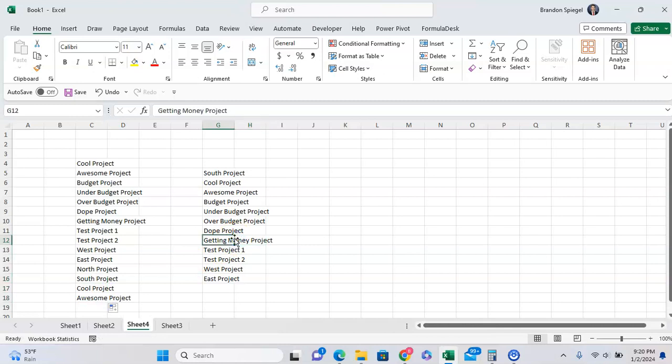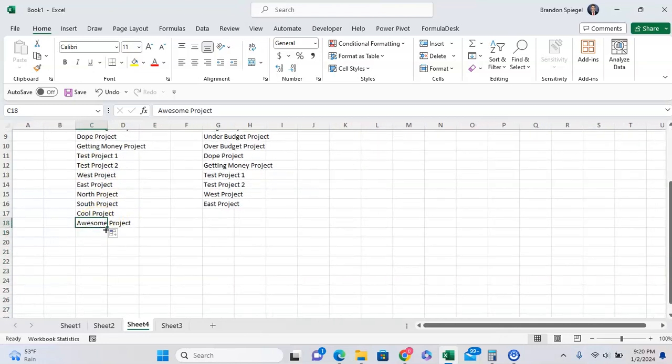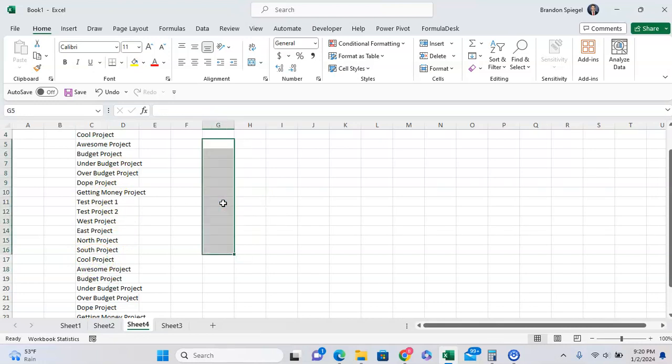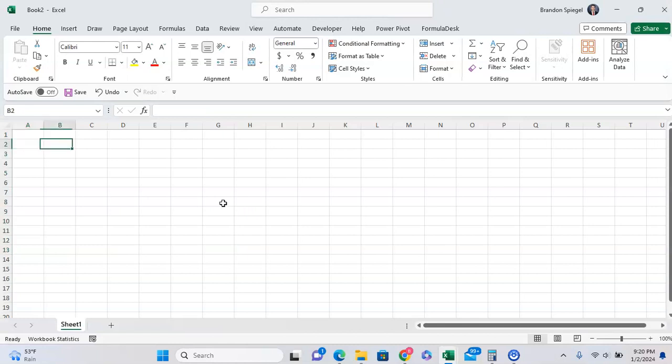This is great because it will make it to where you can fill in your list much easier, much quicker. One thing to note too is, as you can see, it does repeat items, and it does repeat the list over and over again, kind of without warning, so be careful of that. As you can see, we have cool projects here, awesome projects, but then we have cool project and awesome project there too. But yeah, if we go to a new workbook, for example, we type in cool project,